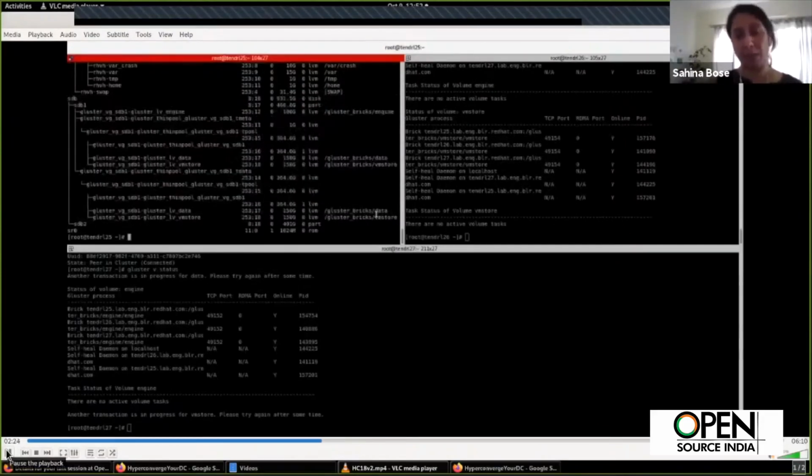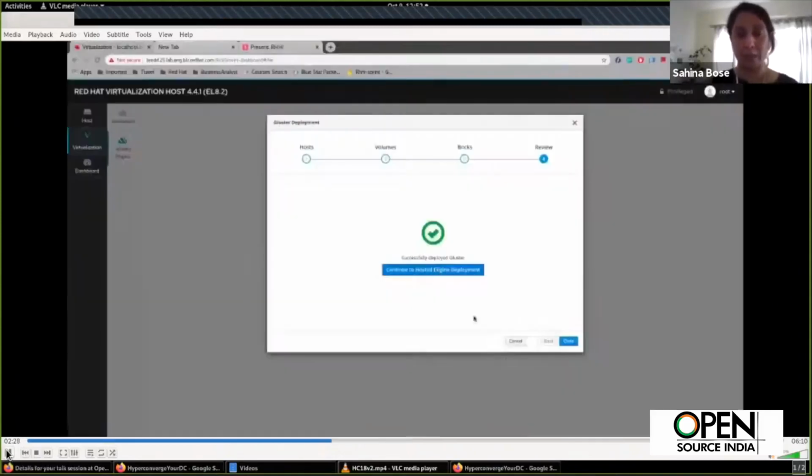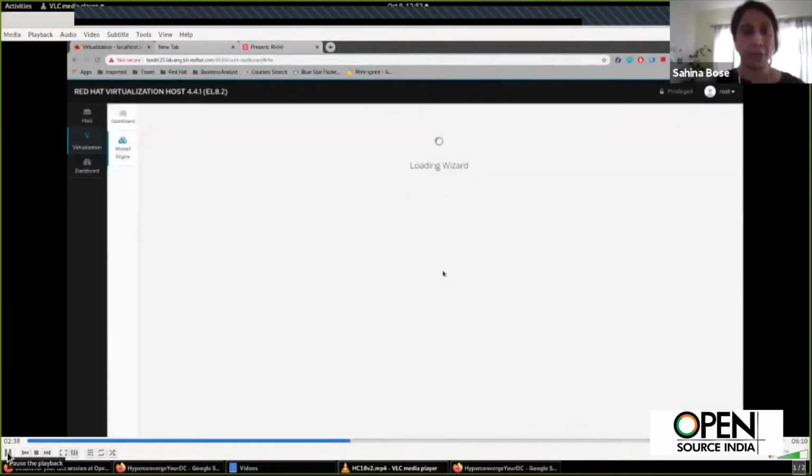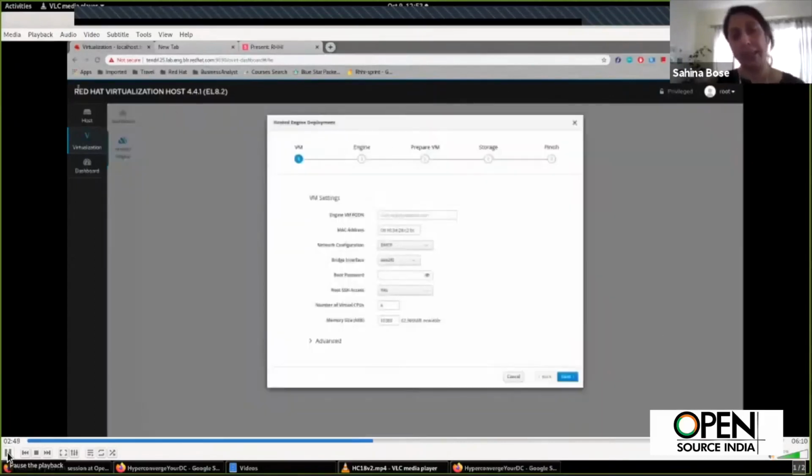So the next step, once you have deployed storage, is to go to the installation of the hosted engine. The beauty of this is that normally you would require to run your manager on a separate server and then manage the 3 servers that you have just configured, right? But with this, the manager or the hosted engine is actually just a virtual machine. So this is first bootstrapped. There are some settings that it asks you for. What is the